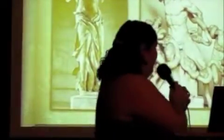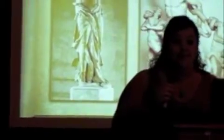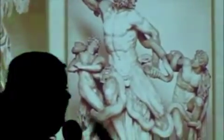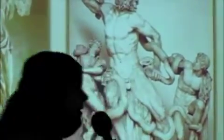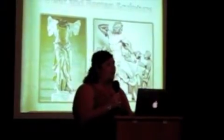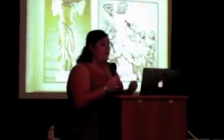And the rather unhappy gentleman is Laocoon and his sons, and this is a famous Roman piece of artwork from 42 BC. This is actually a marble copy of the bronze original from a separate civilization a few hundred years before. But the bronze piece has been lost to time, and this one still exists, thankfully. It was carved from a single piece of marble, as most Roman pieces are, but it was found in 7 different pieces. So there is some debate as to whether it was carved from one original piece, but people have decided that it was one original piece. The restoration of this piece began in the